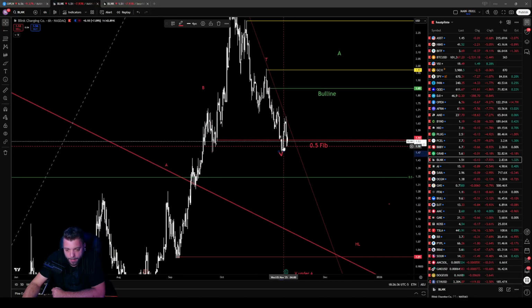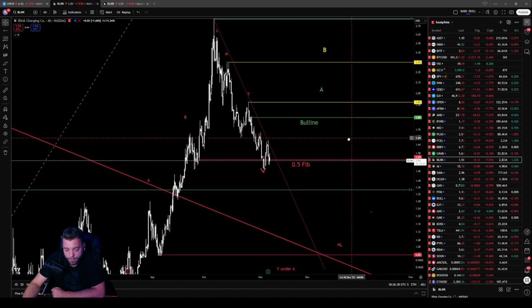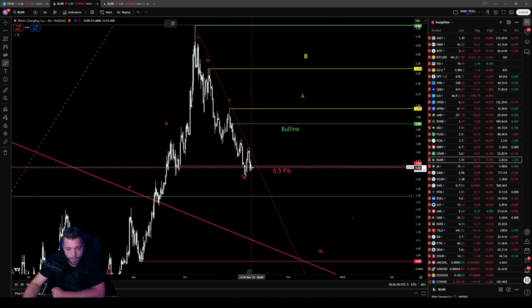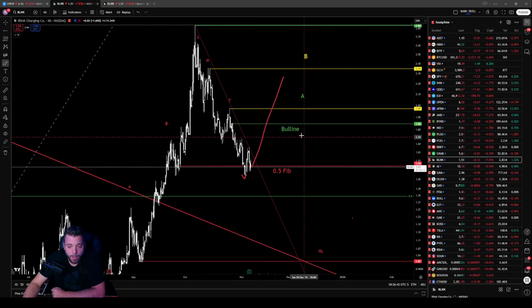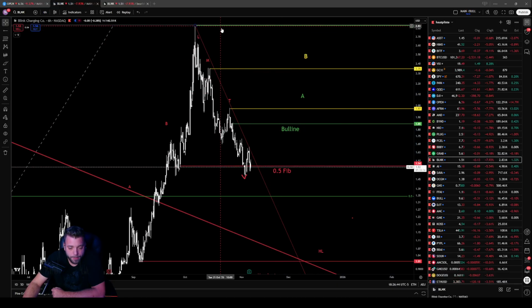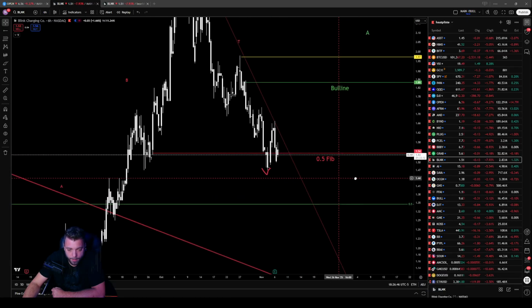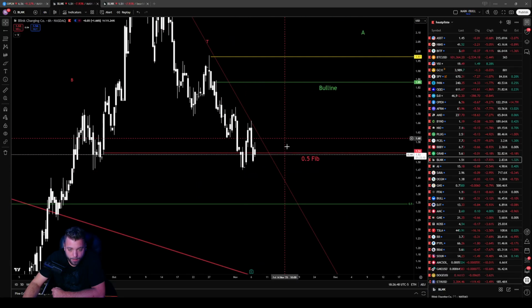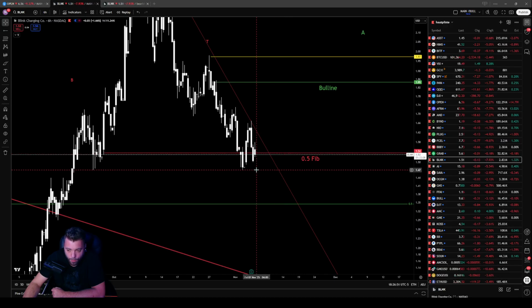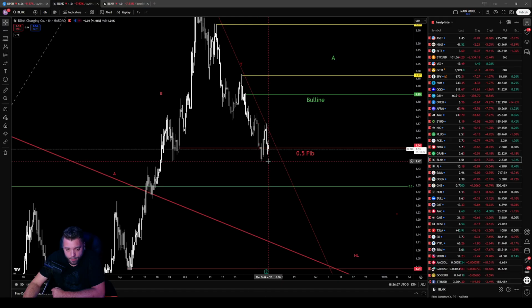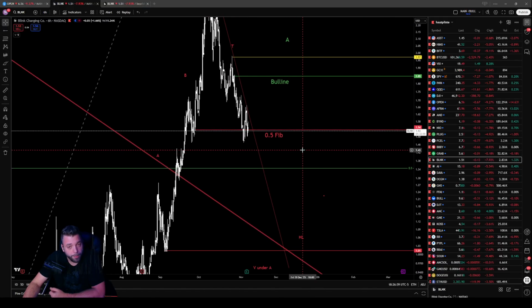We already touched and dropped under 0.5, so we could already be ready to go. Only two things. We are not allowed to touch or break 1.47. This higher low has to be over that to be true. If we touch 1.47 or break it, of course,